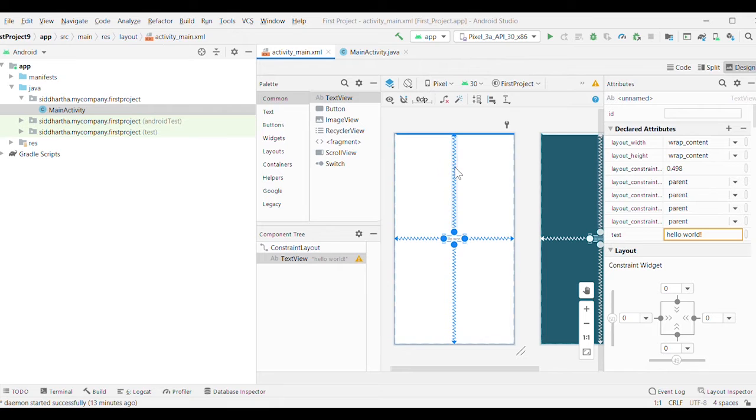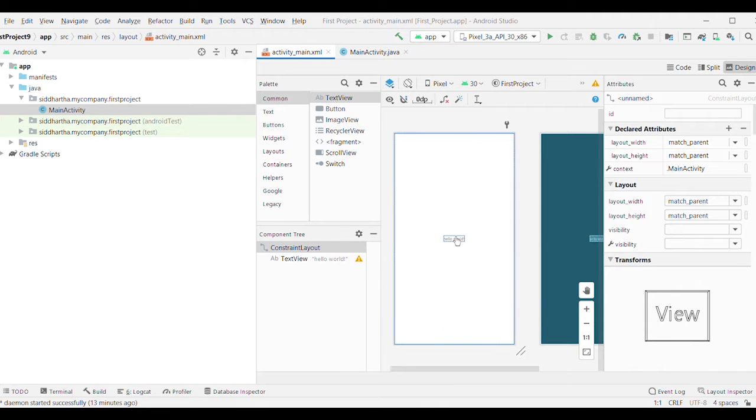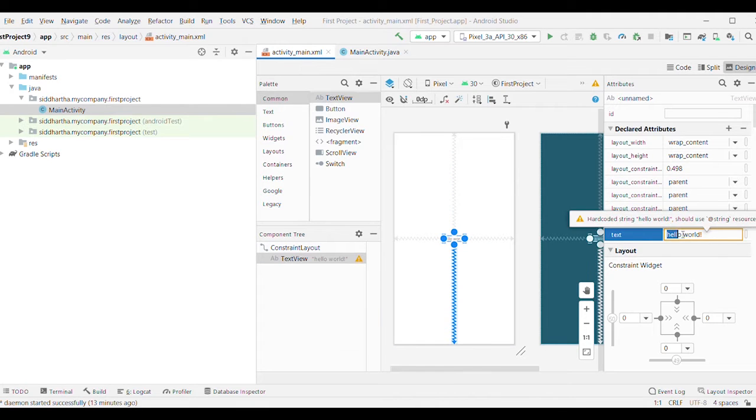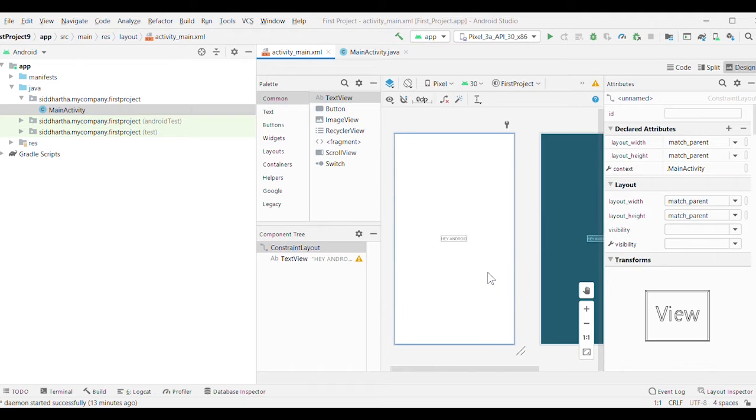This line will limit it from top, this from bottom, this from left and this from right respectively. If you want to change this hello world, you can write anything of your own here. So yes, as you can see, Android is written over here.